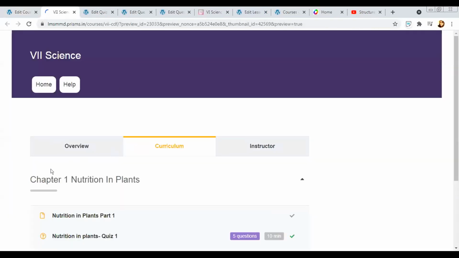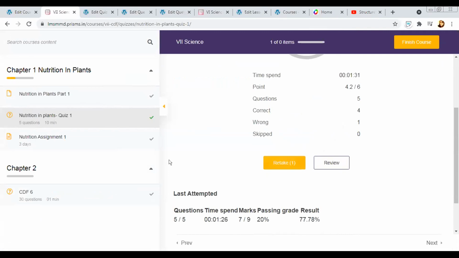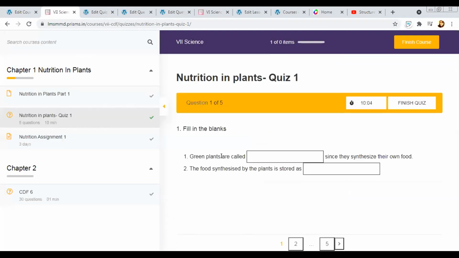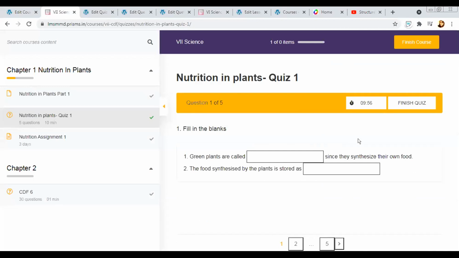But I'll show you preview changes from teacher side in the one we already saw. As a teacher, I've already checked it, but I can take a retake just to show you how it's going to look from the teacher side. Like I said, from the same preview changes tab, you can solve your quiz yourself so that you can check how it looks from your side.